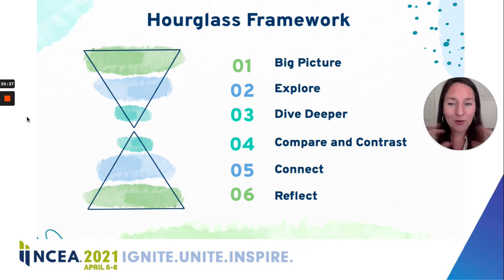So just a quick rundown. I've said a lot to you today, but remember at the very beginning, starting really big picture, having students just think, what is education in general? Then allowing them to explore the world and really think about places that they're more interested in learning more about. Then that dive deeper with just those 3 countries that you want your students, or that they come up with, that they research a lot and deeply.